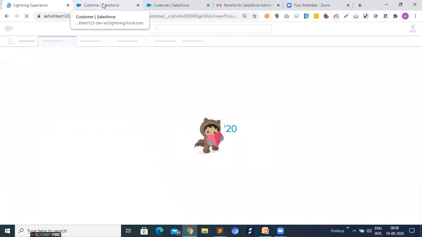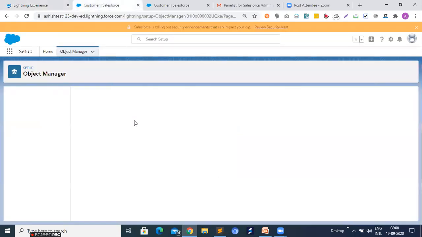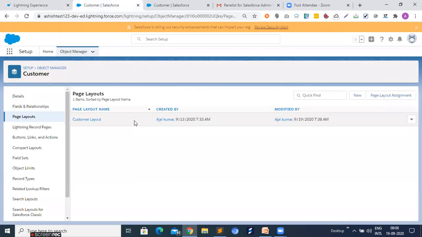So what we do, we create one layout and remove one particular field.